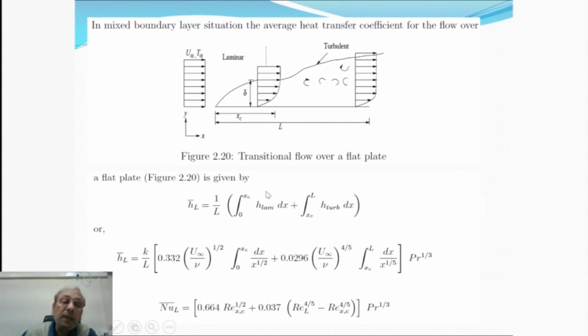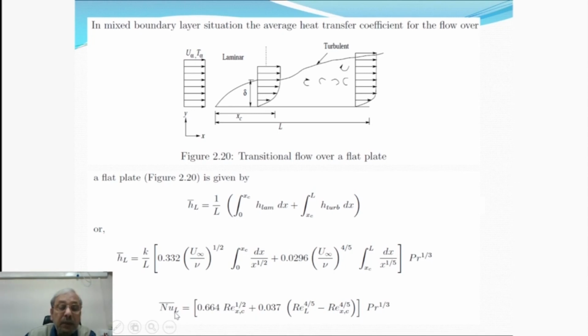So we can summarize that as h_L average = 1/L times the integral from 0 to xc of h laminar dx, plus the integral from xc to L, the remaining part, of h turbulent dx. If we perform these integrations, we can finally get